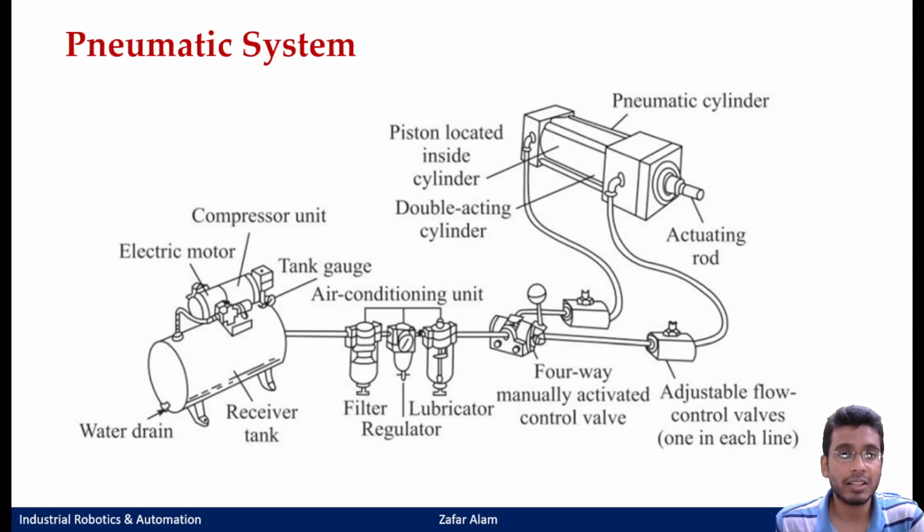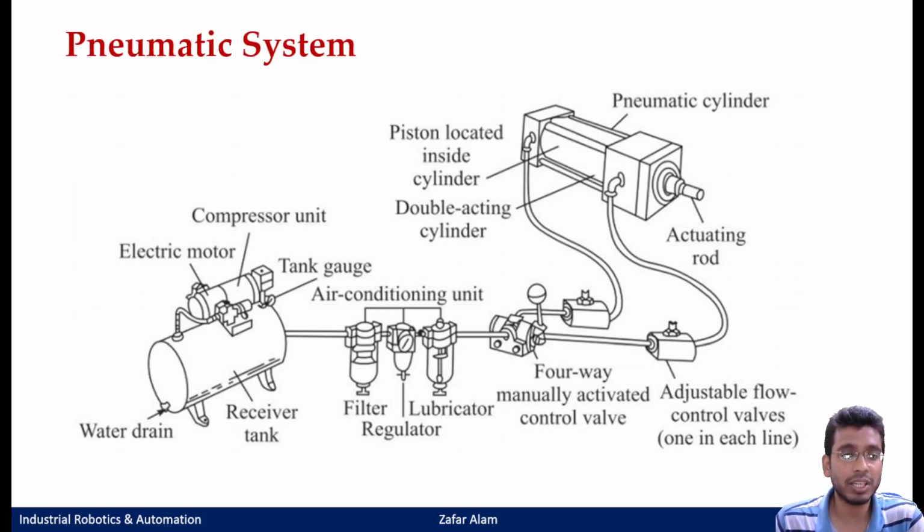Okay, and where was the fluid? What was the reservoir there? A tank having a storage of oil. Okay, so a reservoir in the form of a tank was there. So where was that oil first pumped to? It was first just sucked to the pump. The pump was being run by an electric motor, and then the pressurized fluid was being fed to your